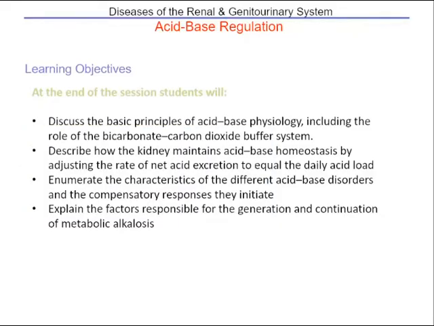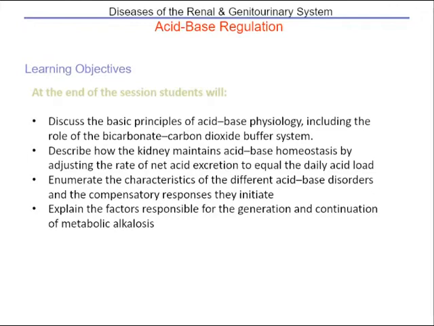So for this session, we'll take a look at acid-base regulation of the renal system. Hopefully, at the end of the session, we'll be able to discuss the basic principles of acid-base physiology, including the role of the bicarbonate carbon dioxide buffer system,